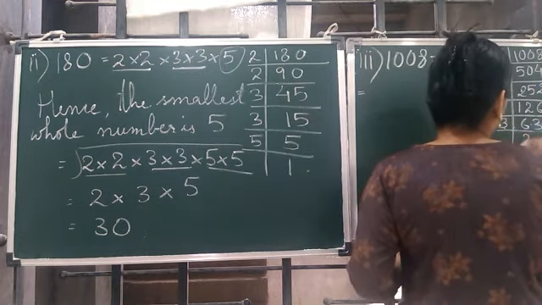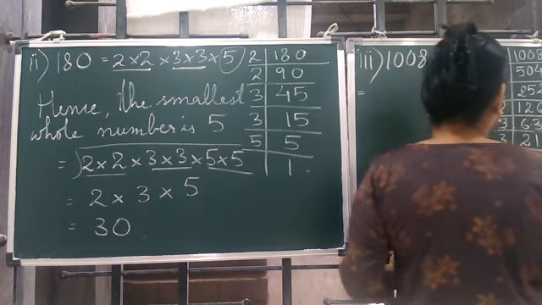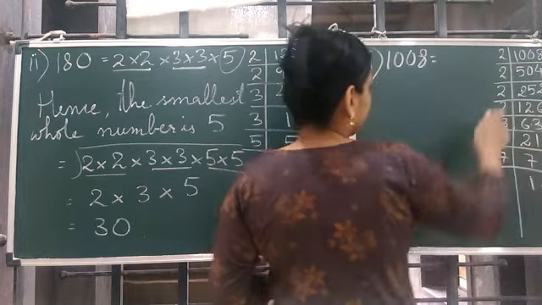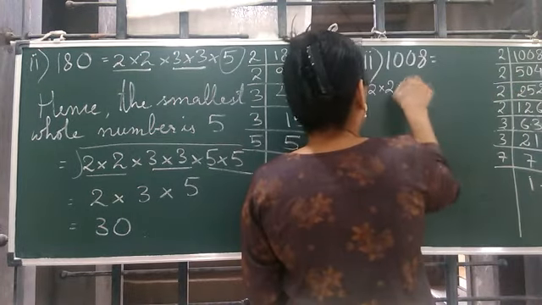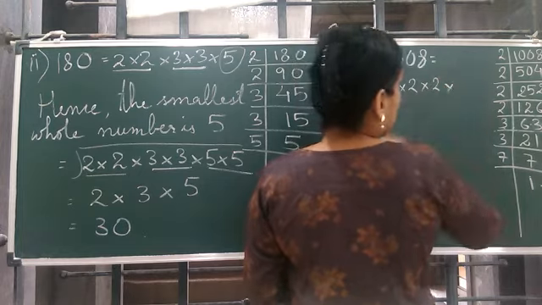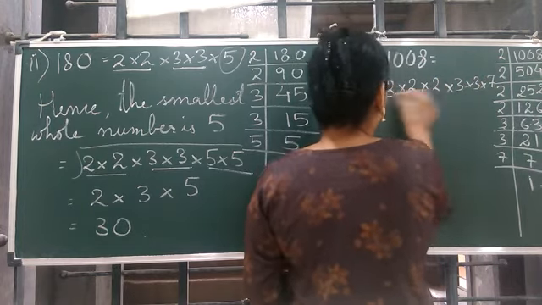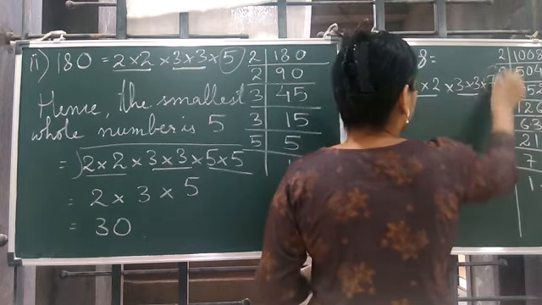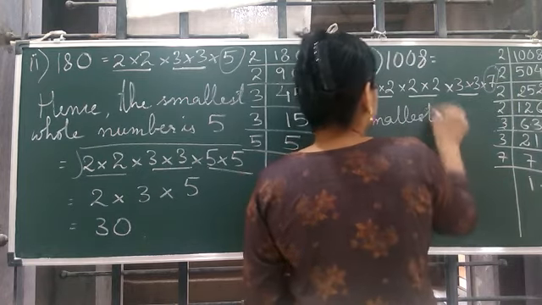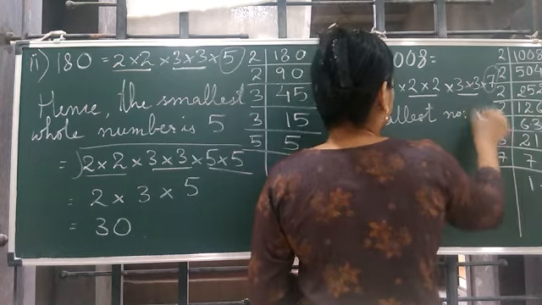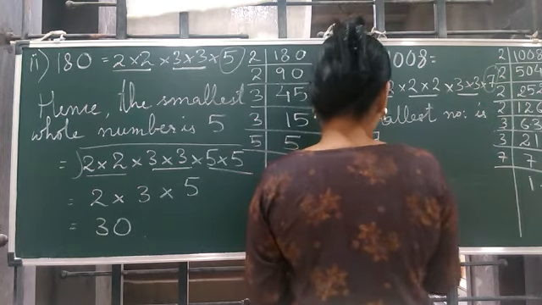3 2s are 6, 1s are 1, 3 7s are 21, 7 1s are 7. So here we write them in pairs. They all are in pair, only 7 is not in pair. So the smallest number is 7. So hence when we multiply by 7,